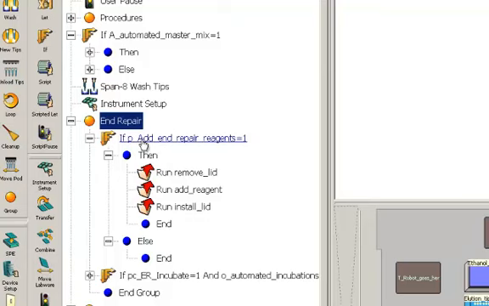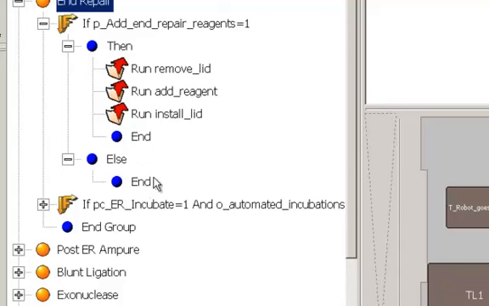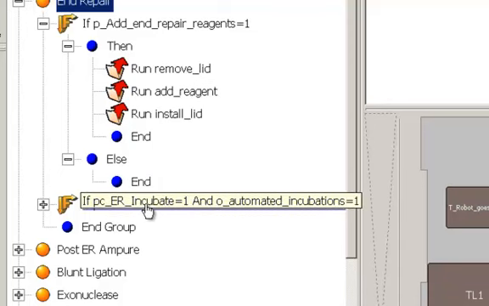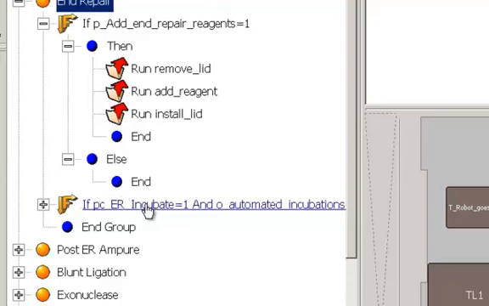If add end repair reagents is set to a 1, in other words, yes, add end repair reagents, it's going to remove the lid from the sample plate, add the reagents, and reinstall the lid. If it was set to a 0, it would take the else branch and not do anything. After that, it looks at if the end repair incubation needs to take place. And if it is set to a 1,